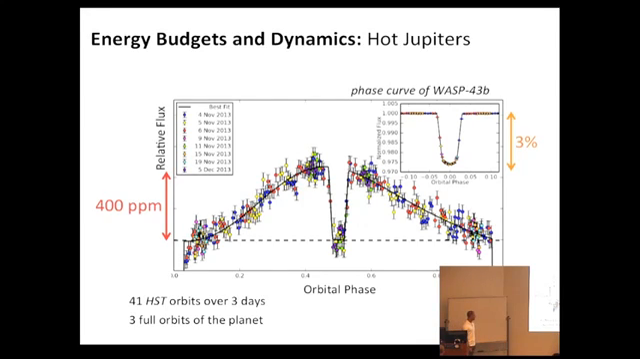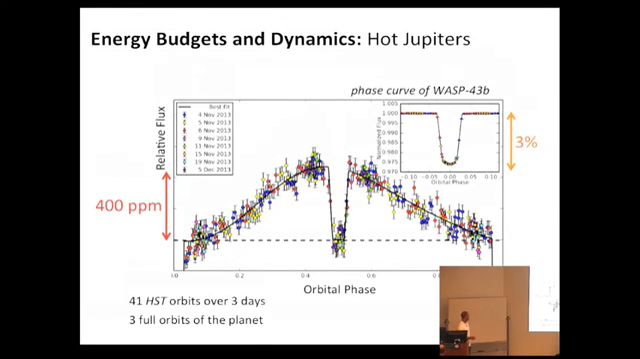This has been done in photometry, especially with Spitzer, since 2007 or so. But a recent breakthrough is the ability to do this not just in broadband photometry, but in spectroscopy, which hopefully I've made the point is much more powerful. So this is a summary of the observation that we did actually for WASP-43b using Hubble. This is quite a lot of HST time, 41 HST orbits over 3 days of the planet, seeing 3 full